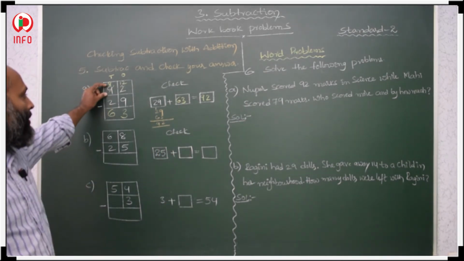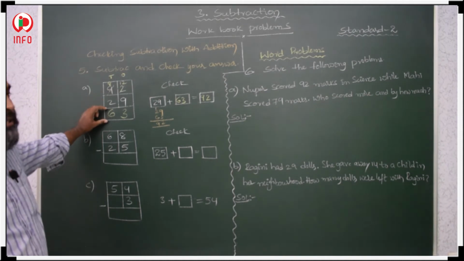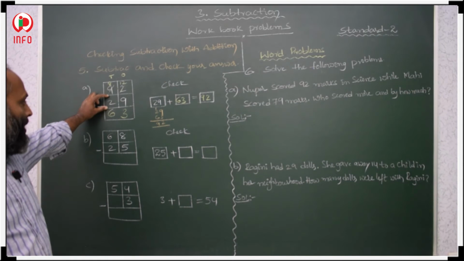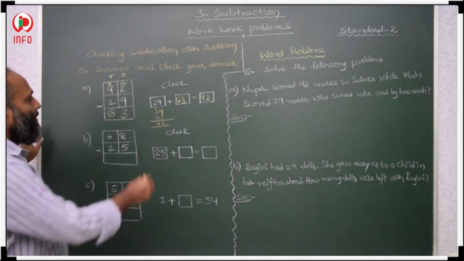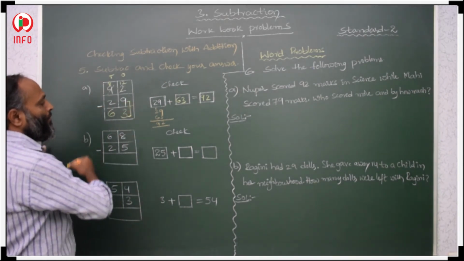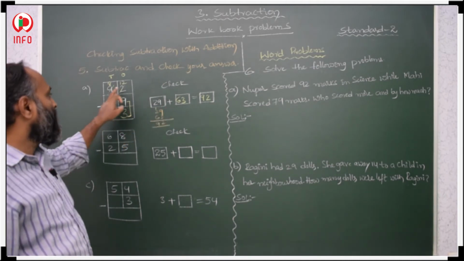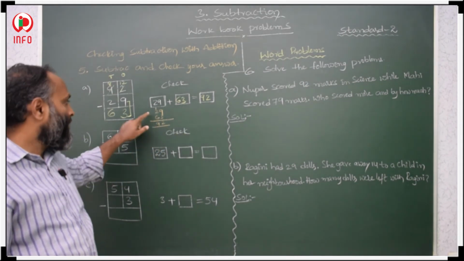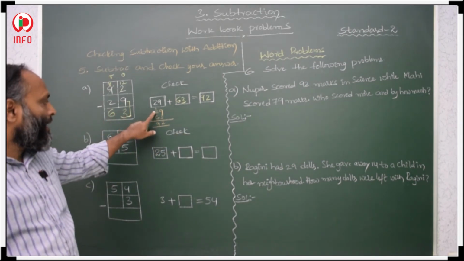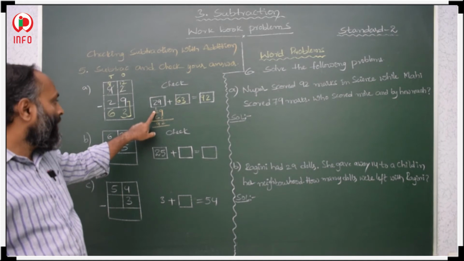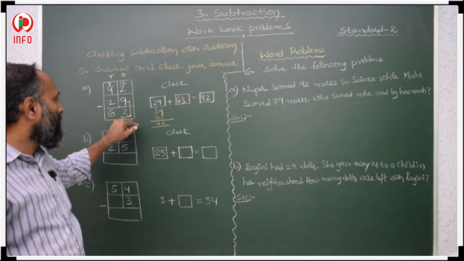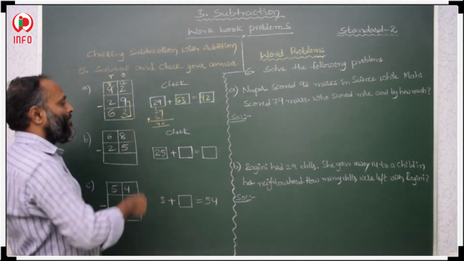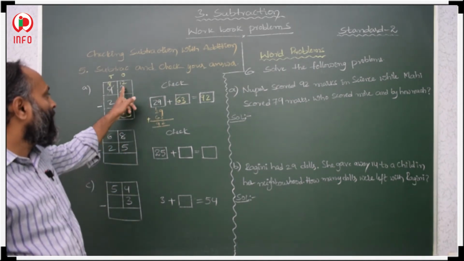So this is the minuend, this is the subtrahend, and this is the difference. Then difference plus subtrahend. If we add these both, it gives the minuend. We will get the minuend. So like 29, what is this 29? 29 is the subtrahend, and this is the difference. Subtrahend and difference, add these two. Then you will get the minuend.